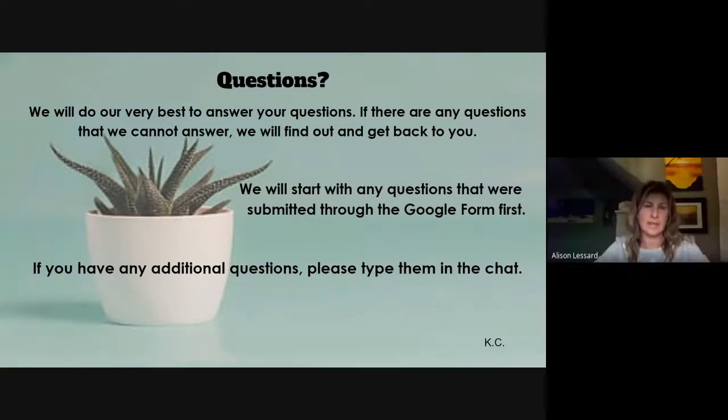And in science, I don't give homework every night. When I do, it's usually about a 10-minute assignment. I also try to avoid homework on the weekend. But really, as I hear this question in terms of homework, we definitely want your children to have a life outside of school. And we know that's important for their well-being.